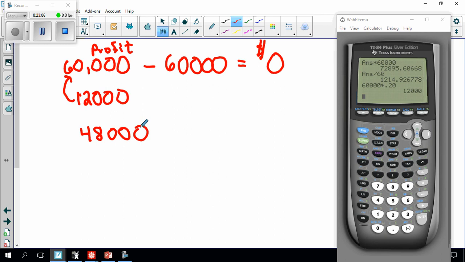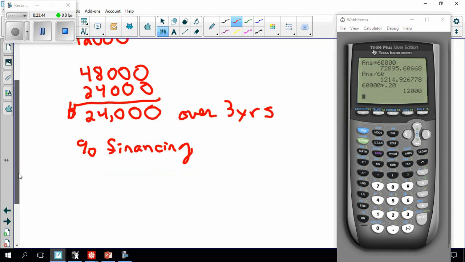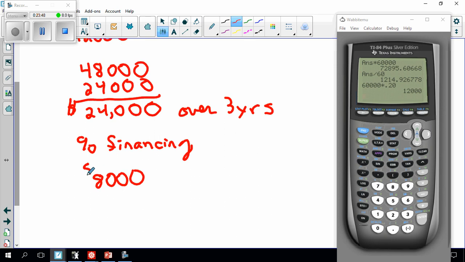Now, what I've been doing is every month for 2 years, I just make a fictional truck payment into an account. So literally, I'm putting $24,000 down. So I'm going to take out a loan for $24,000 over 3 years. But guess what? They have 0% financing over 3 years. If you go 4, it's going to cost you some interest rate. So bottom line, I need to pay $8,000 per year, or $8,000 divided by 12. I need to make 666.67 payments for 3 years,